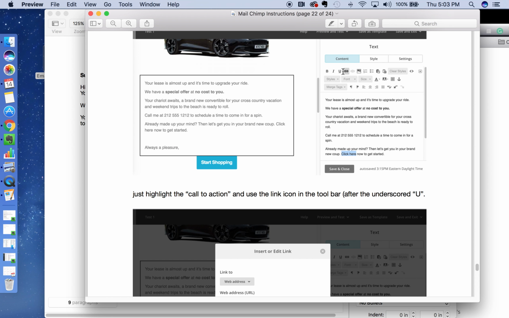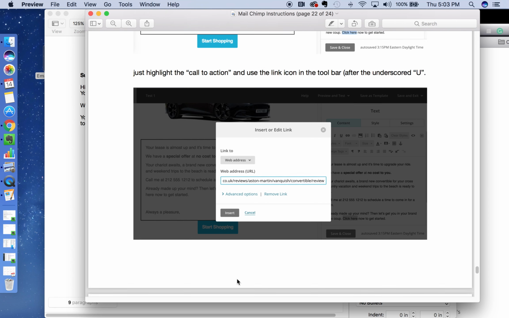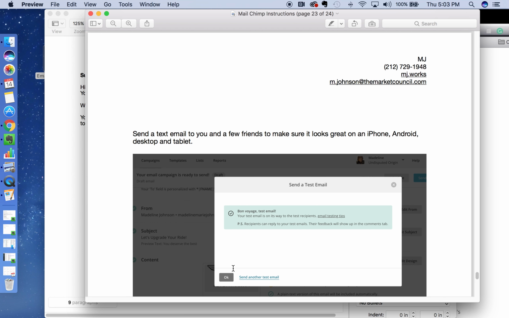You see this icon right here? That is a hyperlink icon. You just hover over what you want to be clickable, click on that link. This opens up, you put the link to where you want them to go and hit insert. Very, very simple. Now, after that is saved and closed and you've reviewed it, you still want to send a